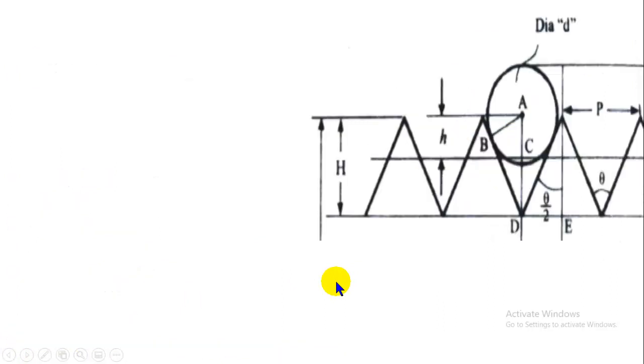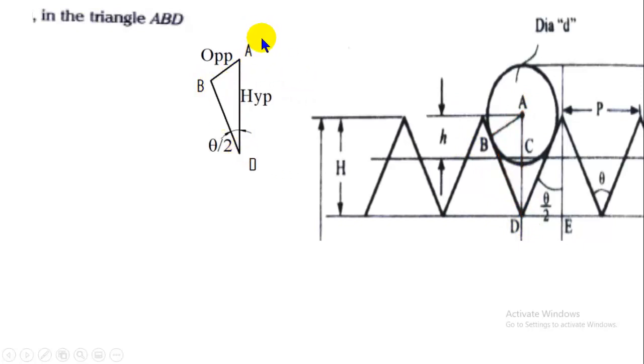Coming to the derivation, first we will take one side of the wire, and we will take the triangle ABD. So we will take the complete triangle ABD. What happens if you take the triangle ABD here? The angle, we know that there is a half, that is theta by 2, and here the opposite and hypotenuse. We want the distance AD because we need to calculate the AC distance here. In the next steps we need this distance AD. So that's why we will take this triangle, hypotenuse and opposite.